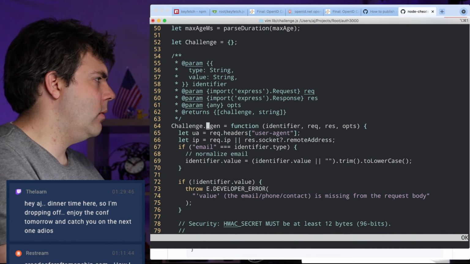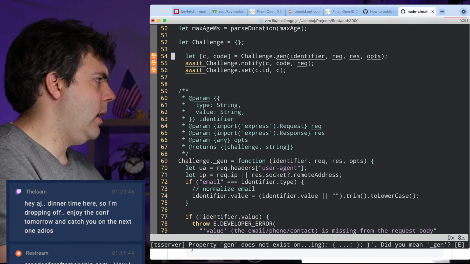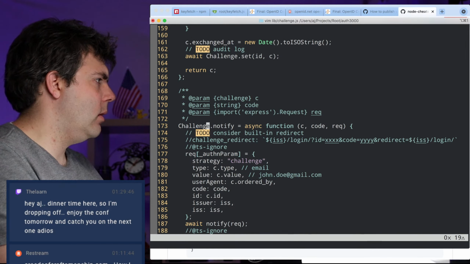And then let's redo this gen function. And then we will have, where's our notify function? So I'm going to bring notify up to the top.